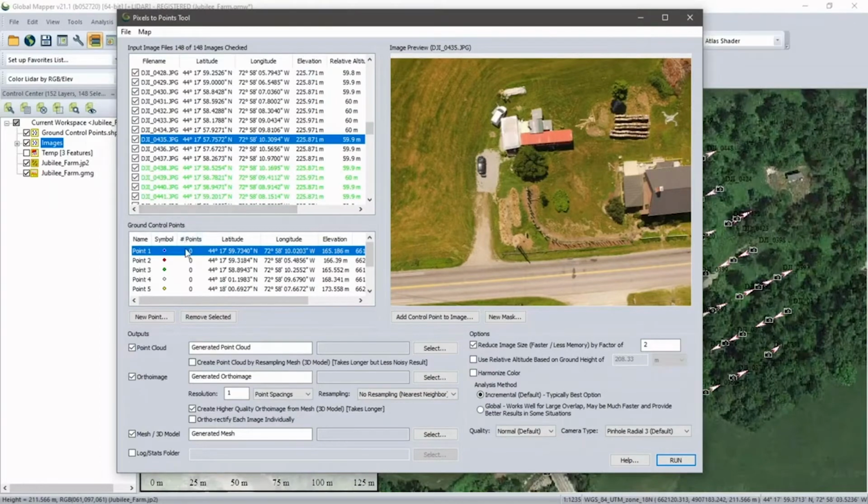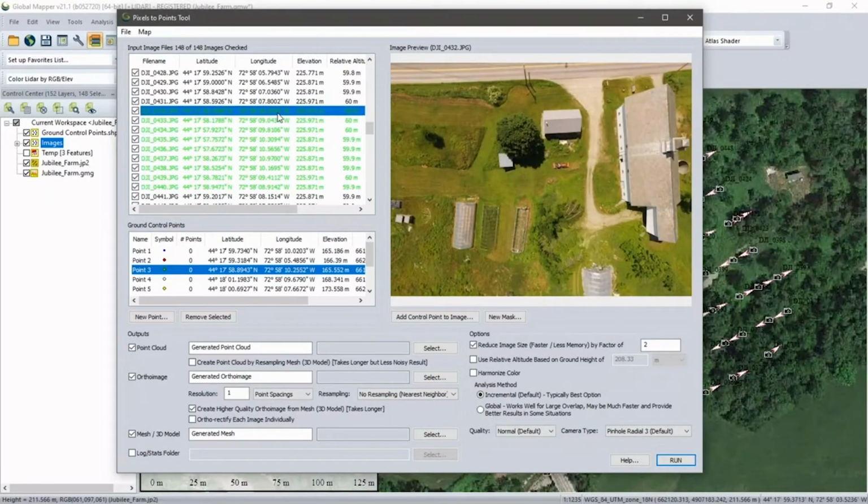So you can see that I have a ground control point selected, and some of these entries in the image file list have turned green. So I'll select ground control point 3, and you can't just load the ground control points into this pixels to points tool. You need to actually locate them on your drone collected images. So these green listed images, that's Global Mapper suggesting what images in which this ground control point may appear. And that is done based on the coordinate location of the ground control point and the approximate image coverage for